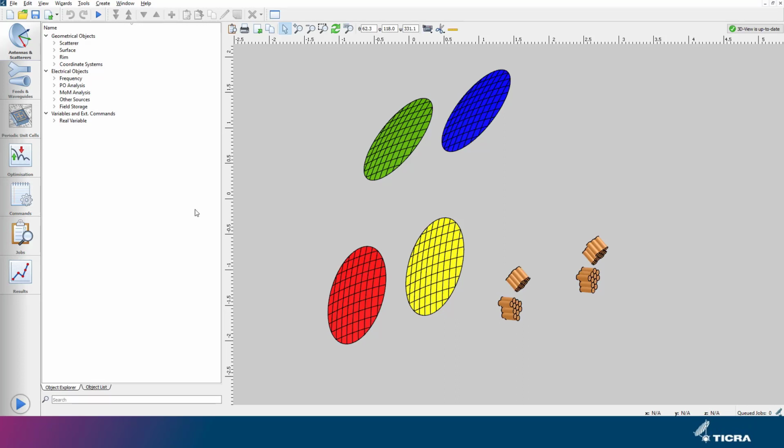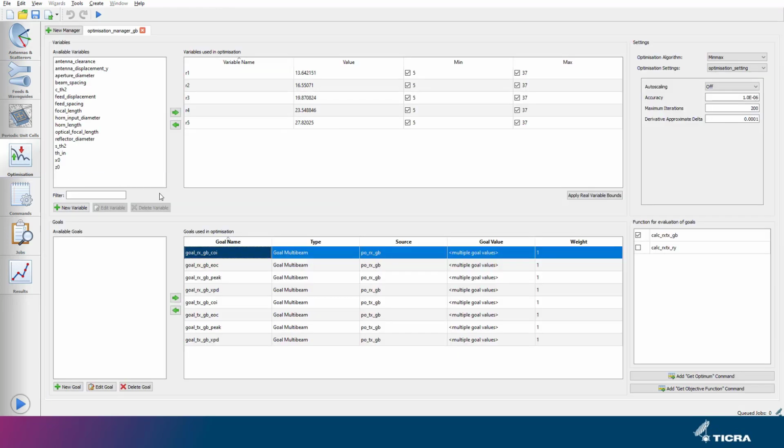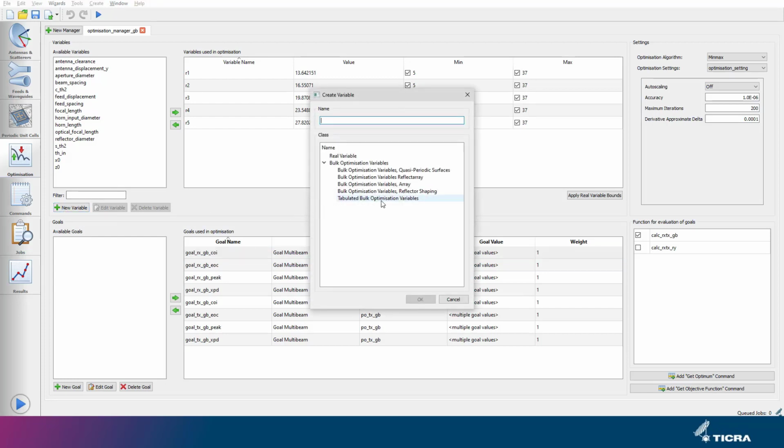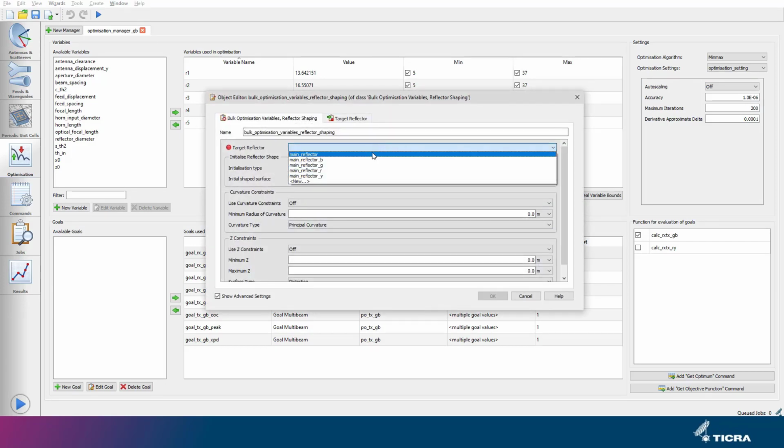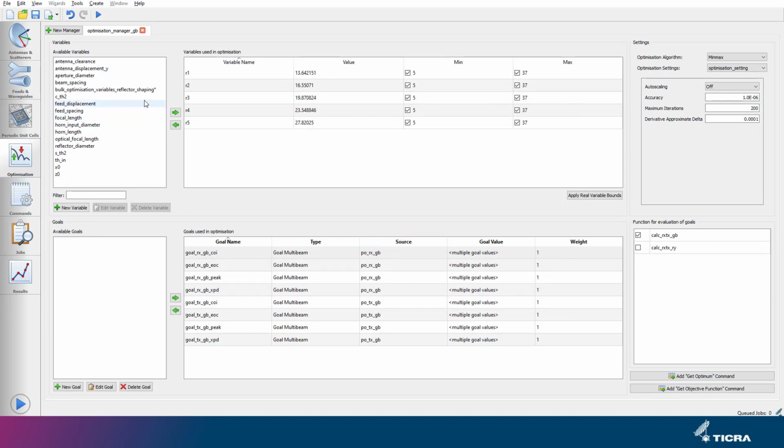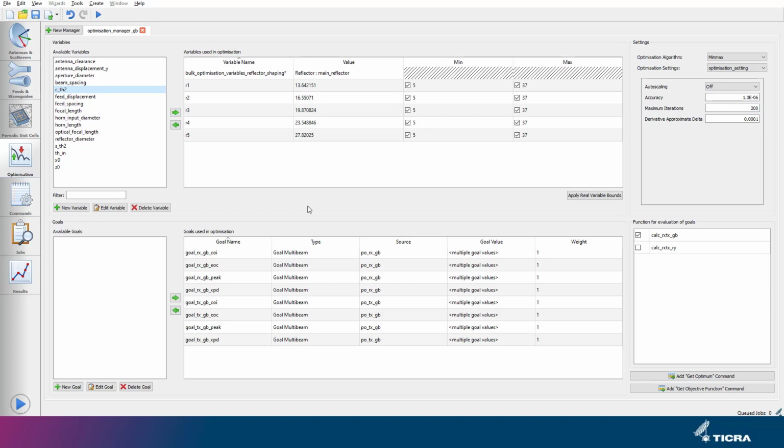To this end, we return to the Optimization tab and add the variables to shape the reflector surfaces. We click here to add a new variable of the type bulk optimization variables, reflector shaping. We click on the target reflector and then on OK, and finally we add this new variable to the list of variables used in the optimization.